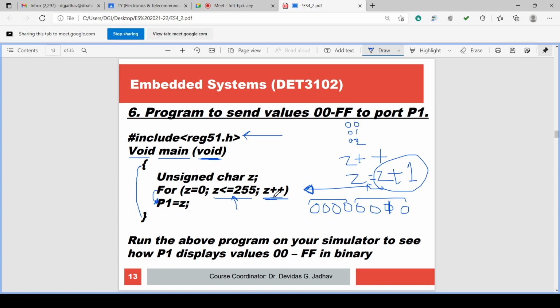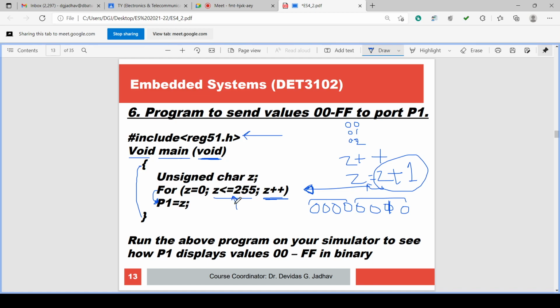Z is incremented to 3 and outputted on the port P1. Then port P1 will have values of Z on it. Port pins will be accordingly changed, either 5 volt or 0 volt. And this continues till Z equal to 255.